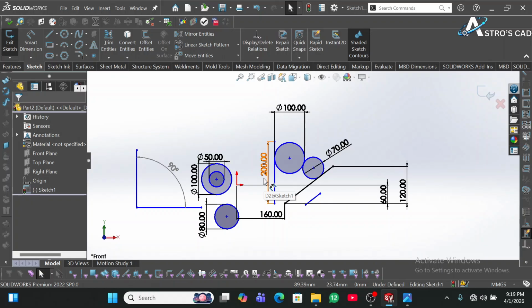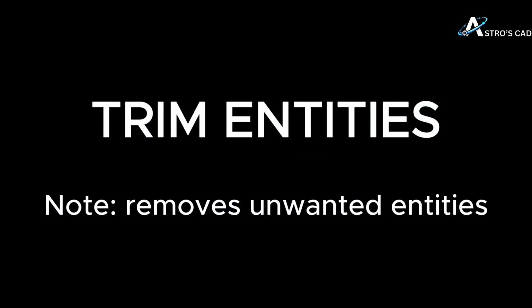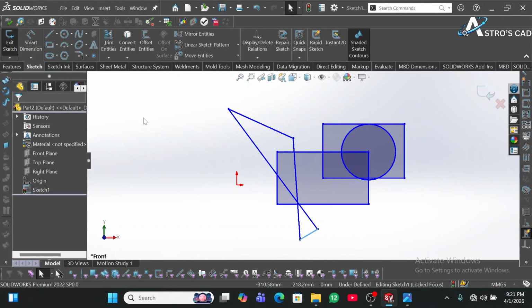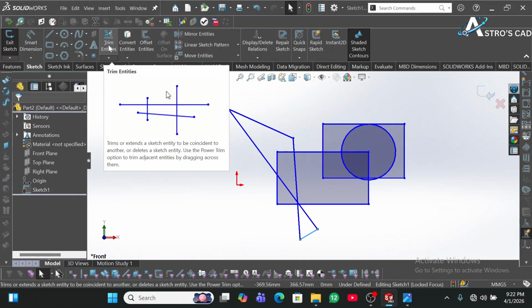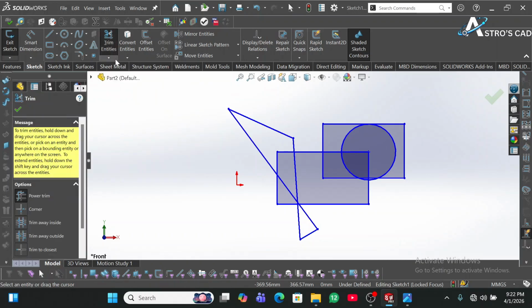So let's take on a little sketch diagram to design or to sketch. Like let's model something. Okay, so let me teach you how to use a feature called trim entities. Trim entities is simply used for cutting out lines that